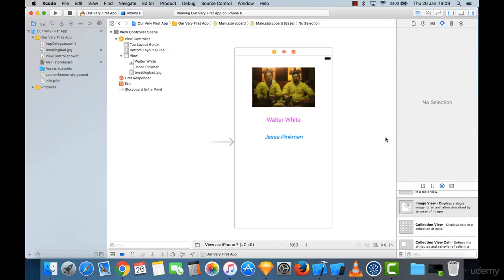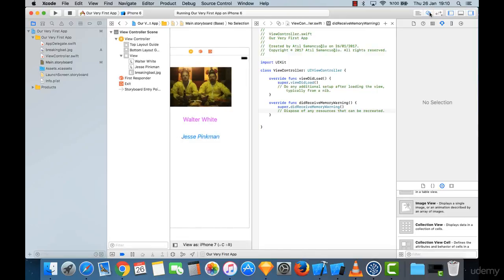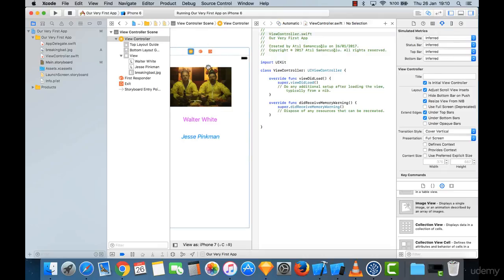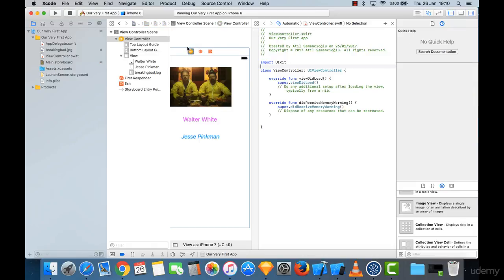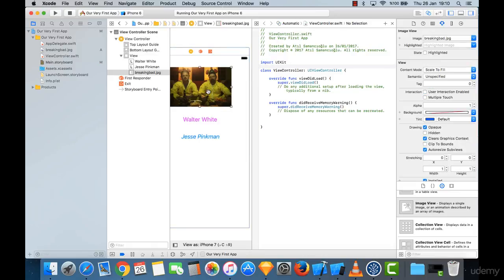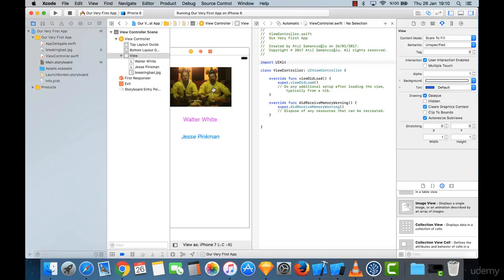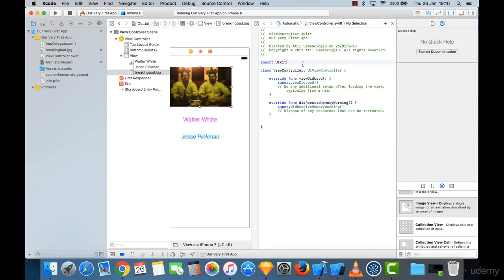So what we do is click on this dual screen section in here, and it will open the related view controller .swift file for us. So this is a view controller, okay, and this is the .swift file of this view controller. So we have to define these objects in this coding section. So what we do is click on the related item in here, and let's